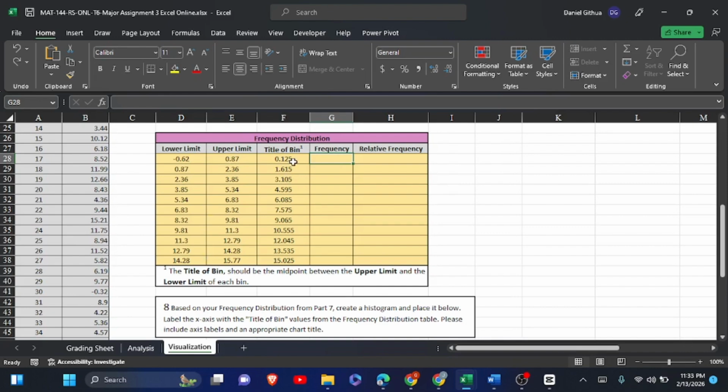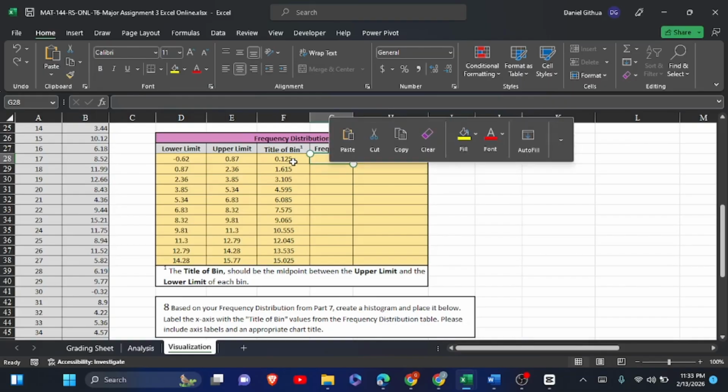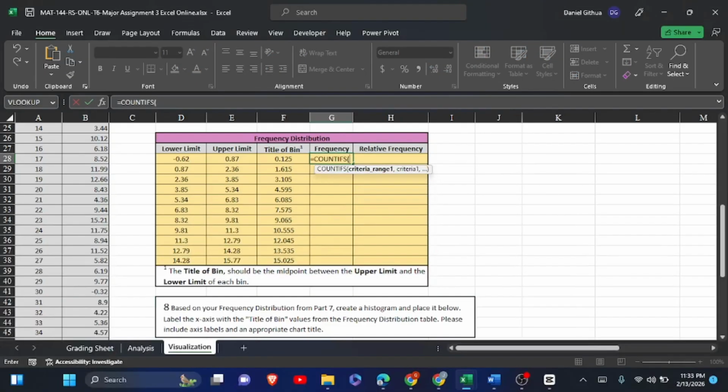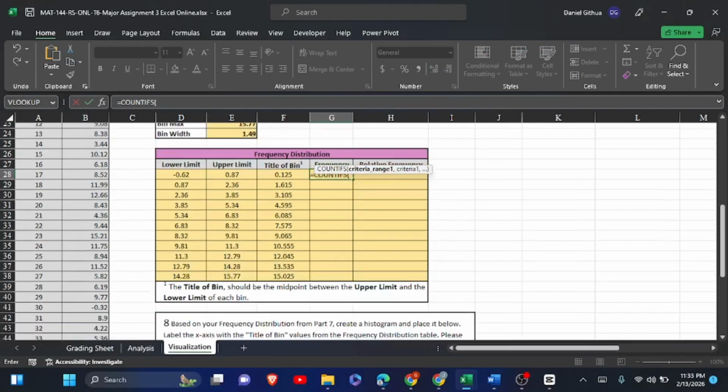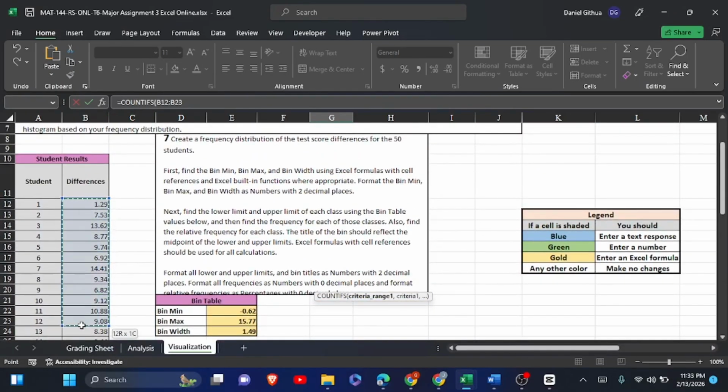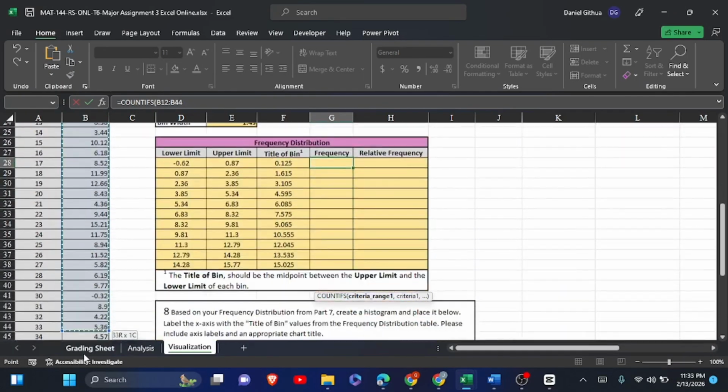So first, I will click here on cell G28, and I will open my formula and say equals to COUNTIFS, not COUNTIF, COUNTIFS, this one. So we are counting the criteria range. Our criteria range is this cell, B12 to B61. So I highlight this one, B up to down there,